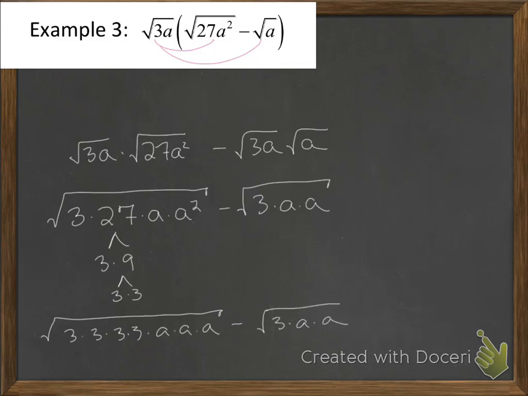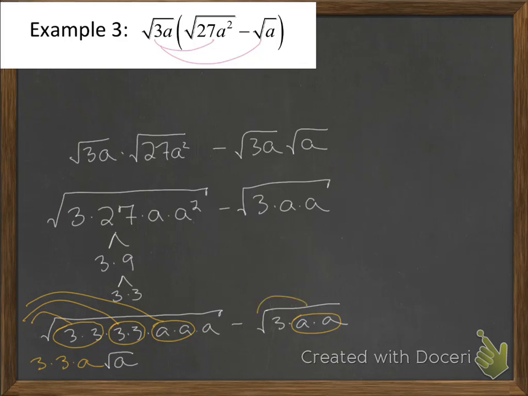All right, so since we're taking square roots, we're looking for sets of 2. So I have 1, 2, 3 sets of 2 over here, and I have a set of 2 over here. So 1, 2 3's and an a are going to escape. So I'm going to have 3 times a, and notice I still have a square root of a left over under the radical. Okay, over here, 1 a escapes, so I have an a out here, and then the 3 is